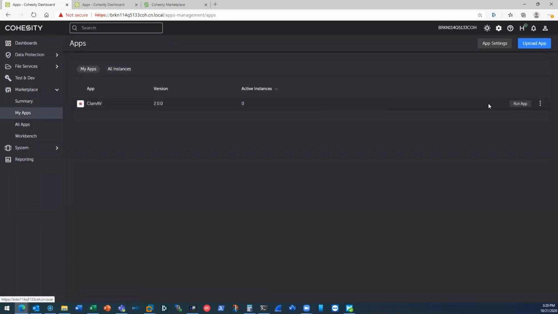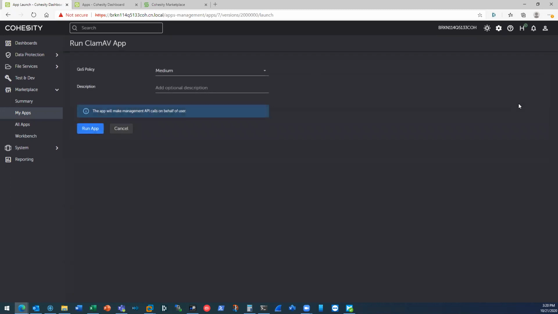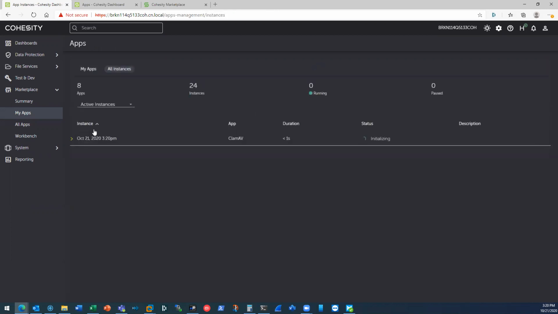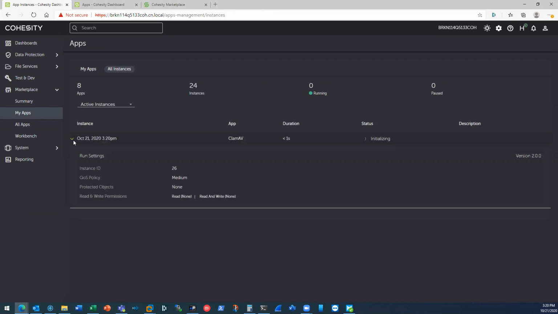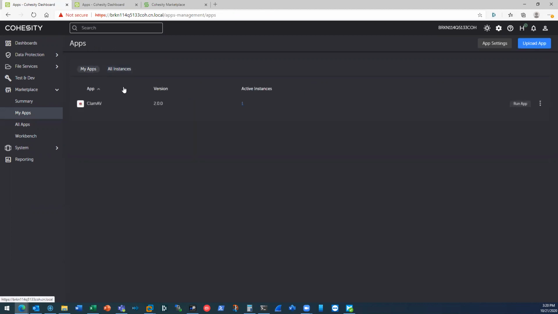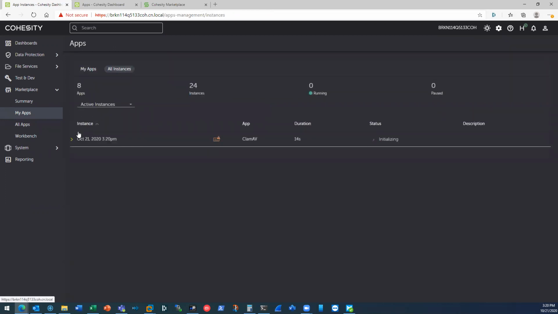Go to my apps again, and we'll run the ClamAV app. I just leave it as default here, and run the app. So this will take a second to initialize, and once we have that all up and running, we can then